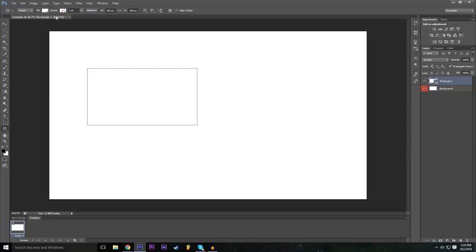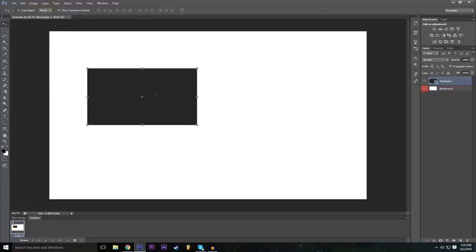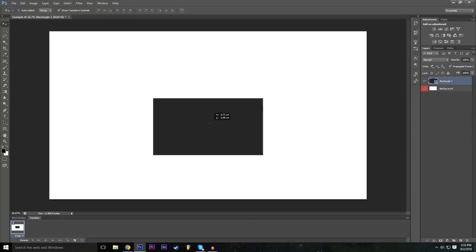So we're going to assign a color to it, a fill color. We're just going to go to the fill option, as you guys can see up here. Select that, and we can choose any color for the rectangle. Since the background is white, anything that isn't white is going to show. So let's just make this a dark gray color, I guess. That works. So now if we want to move the rectangle to the middle, of course, we can do that